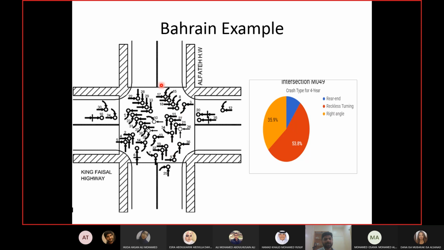This one, which is happening from the opposing direction, and there are some other angle crashes which are happening in the same direction. For example, this one, this one, this one. Okay, so we need to take care of both of them because both of them are other angle accidents. They did not differentiate between them. Let me take the easier one: other angle crashes which are happening in the same direction.